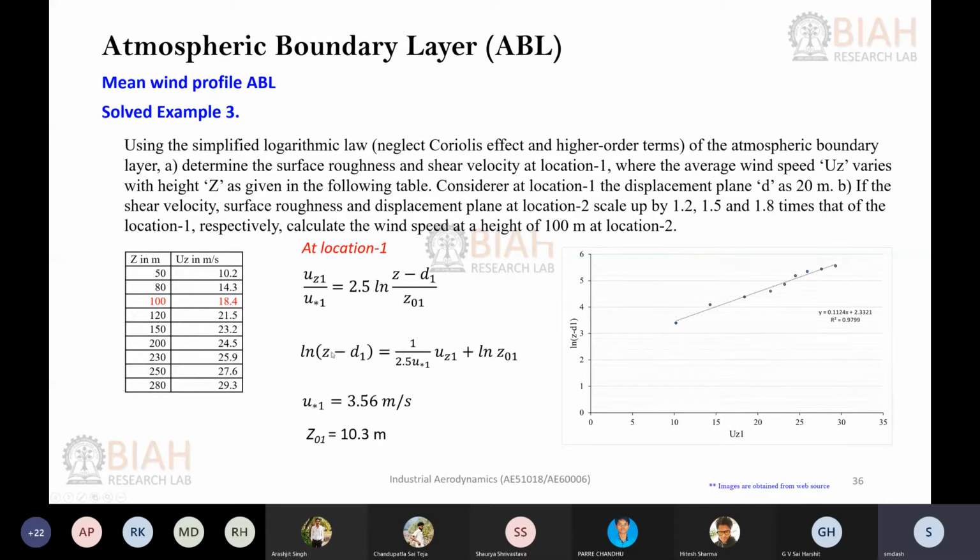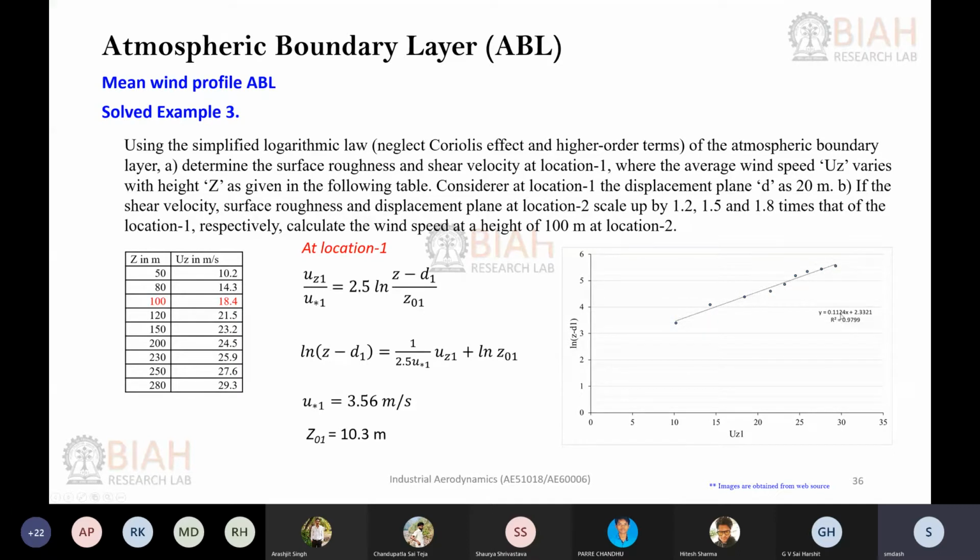You can simplify this equation and the final form looks like y equals mx plus c, the equation of a straight line. In this case the slope is 1 by 2.5 u star 1, and the intercept is this. So if I fit a line here,